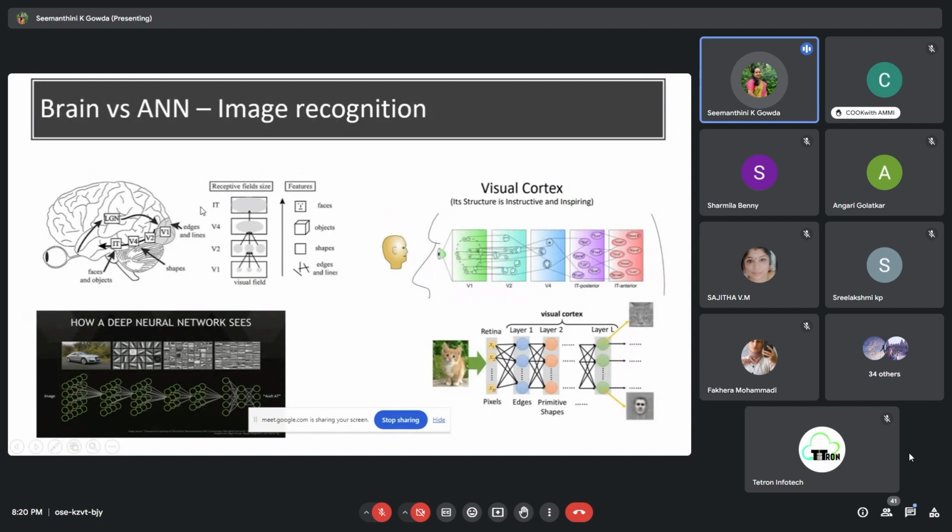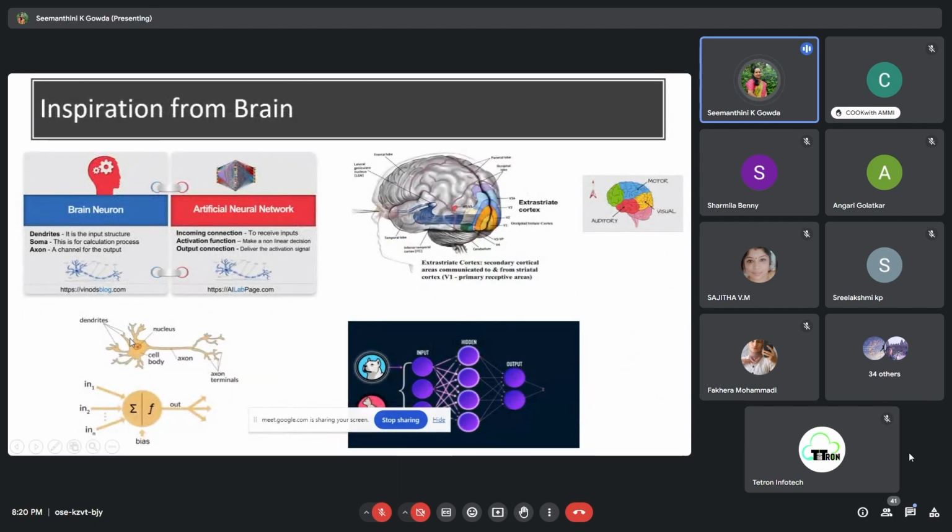For example, this is an example showing the neuron, which has the dendrites, the cell body, the nucleus, axons, as well as the synapses. These are the inputs we have given to the artificial neuron. With the help of the dendrites, we can give n number of inputs, and the inputs will be given to the summation function, along with the bias. The summation function output will be given as an input to the activation function, and the activation function output